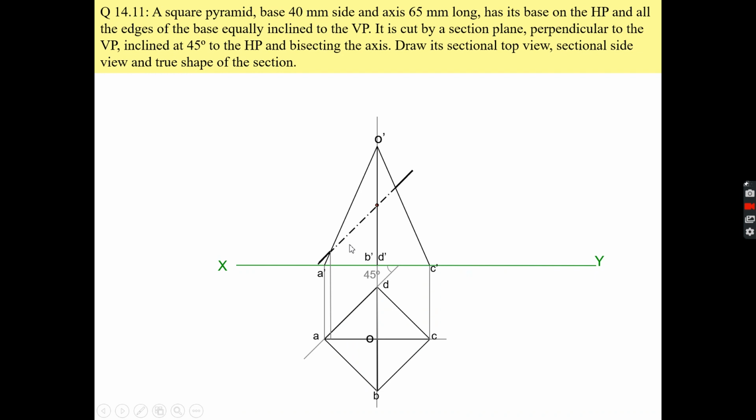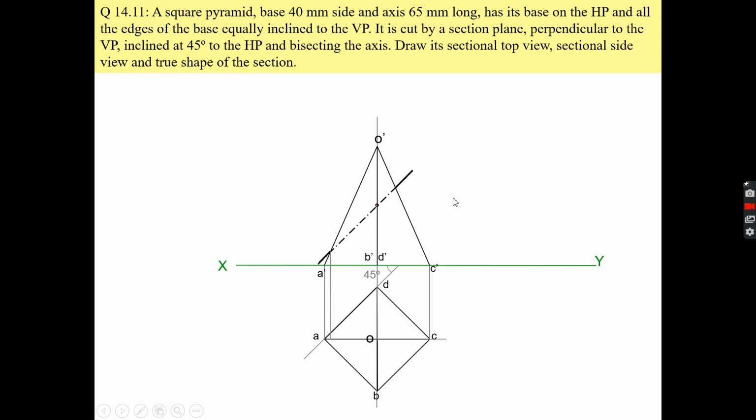Remember this. So you have to make a line horizontal to the base, and basically what you are doing is transferring the point from slant edges OB and OD to the slant edge OA. Suppose you are cutting the solid like this.